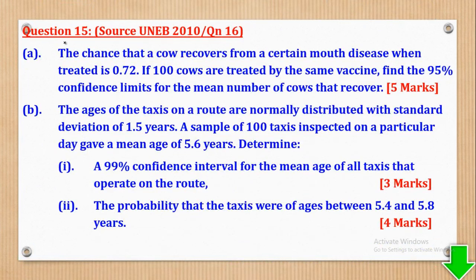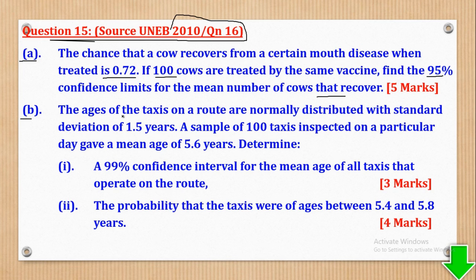So with that, we shall go to question 15. Question 15 came from UNEB 2010, paper 2, question 16, and it says part A, the chance that a cow recovers from a certain mouth disease when treated is 0.72. If 100 cows are treated by the same vaccine, find the 95% confidence limits for the mean number of cows that recover. That is part A. Then part B,